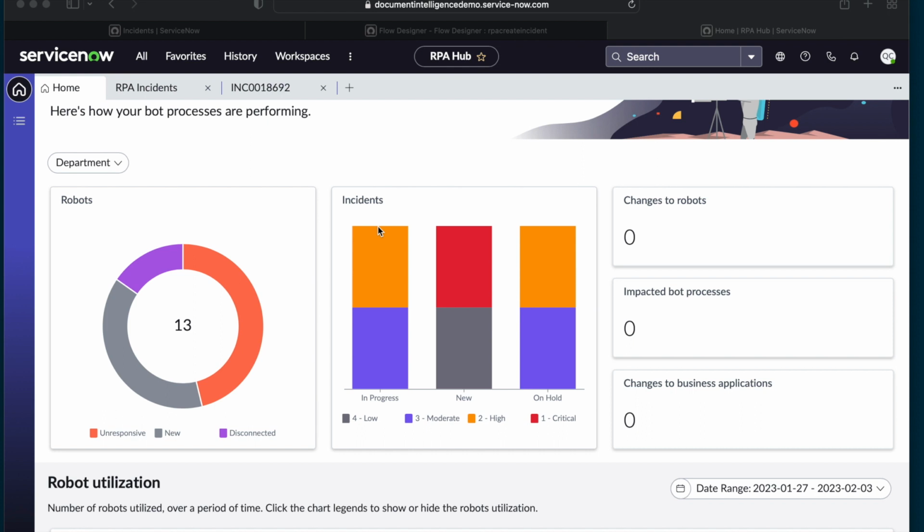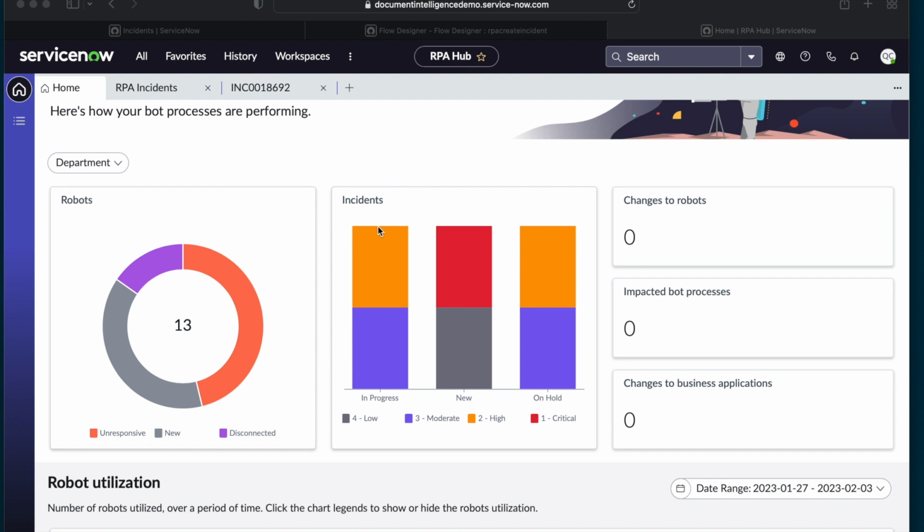I'm going to attempt today to explain how you can manage error handling, specifically in our RPA solution called RPA Hub. Oftentimes, I get the question from customers about how, when something goes wrong within the automation, how do you handle that? How do you design your automation to handle that? And what are the tools on the ServiceNow platform to manage that when some error or incident happen at the